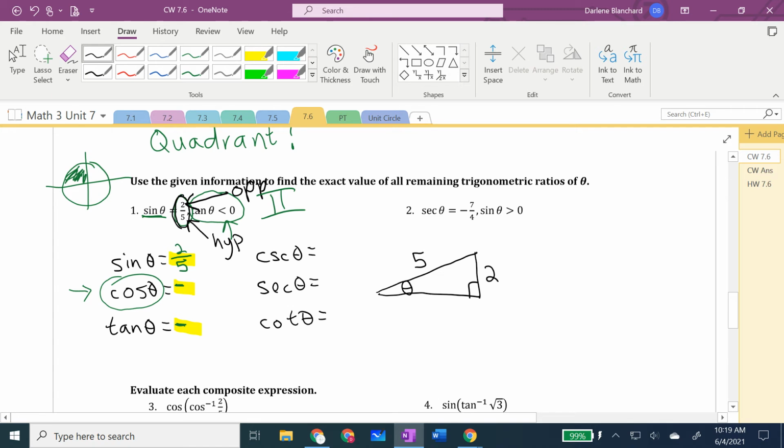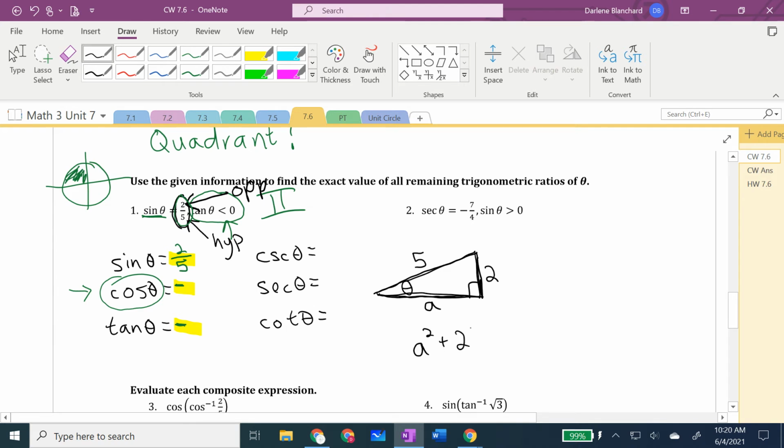So what you're going to do is remember that sine is opposite over hypotenuse and make a right triangle. But if you don't have to go into a reference triangle, you don't have to worry about positives and negatives. You just stick with positives. Now, if you know two sides of a right triangle, you can find the third side using Pythagorean theorem. So I'm going to put down the letter A. We need to find A. Using Pythagorean theorem,